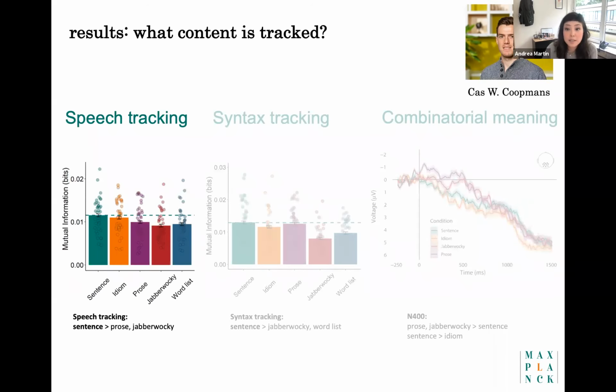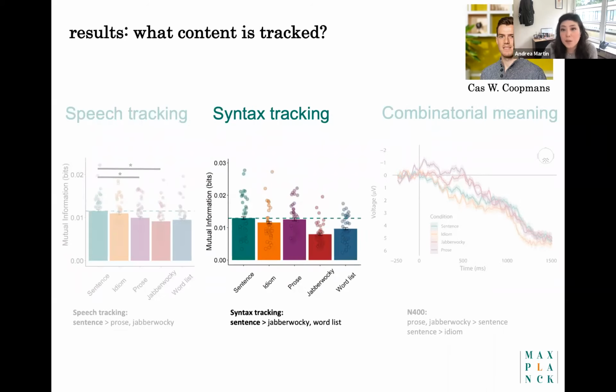So he extended this work again, looking both at speech tracking and syntax tracking. The two conditions which have a less straightforward one-to-one relationship between structure and meaning are idioms and syntactic prose. And we find stronger mutual information between sentences in both syntactic prose and Jabberwocky sentences. That's in the speech tracking. So when we compute mutual information between the EEG signal and the abstract annotations of bracket count, we find stronger mutual information for sentences than for Jabberwocky and word lists, but no difference between sentences and idioms or between sentences